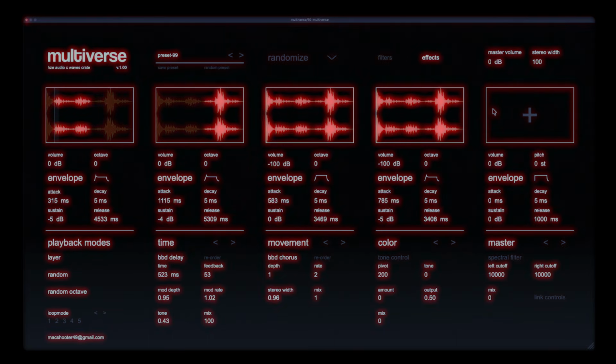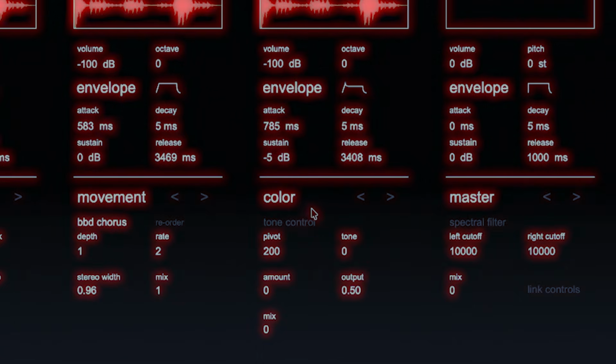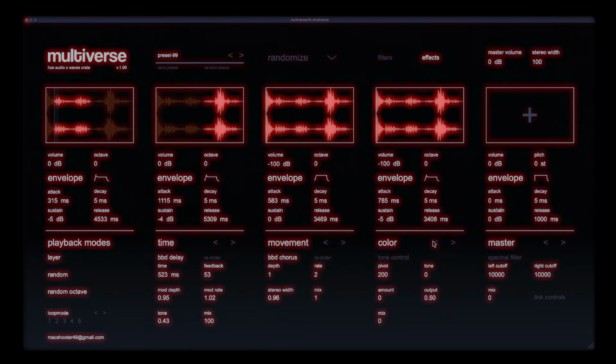The next section in the effects control panel is the color section. Here you have tone control and a tape saturation. Let's just see what it sounds like. Louder and fuller. But if you also combine this with a tape saturation,